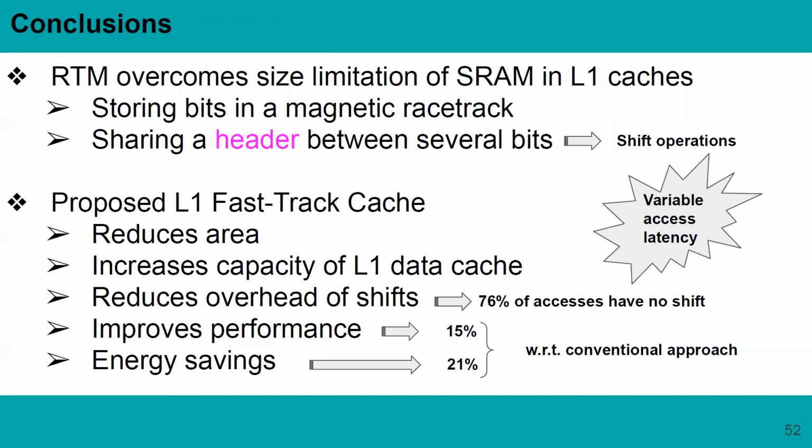To combat this downside, we have proposed the fast-track cache, aimed at reducing the impact of shifts in L1 caches with a novel design and cache organization, preventing shifts in more than 3 out of 4 accesses. Results have shown that the fast-track cache improves performance by 15% and saves energy by 21% with respect to a conventional